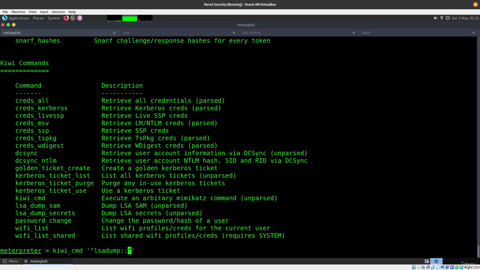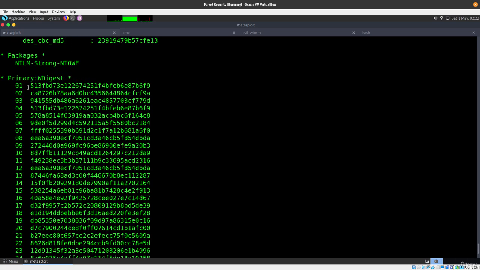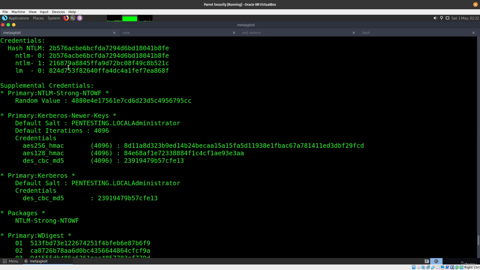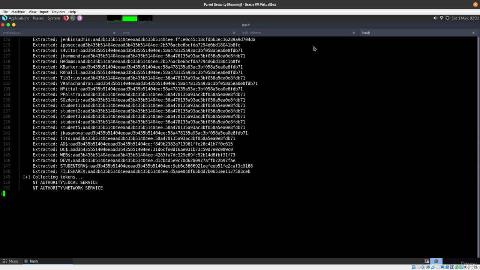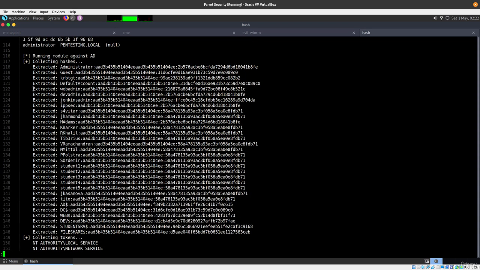For an lsadump, you want to do double colons, and then you want to specify what you want to do, which is a DcSync attack, and which user you want to get the hashes from. So it's the administrator. What this is going to do is dump the administrator's hash, and there we go. You can see that we have it over here, and we already did a dump for the entire